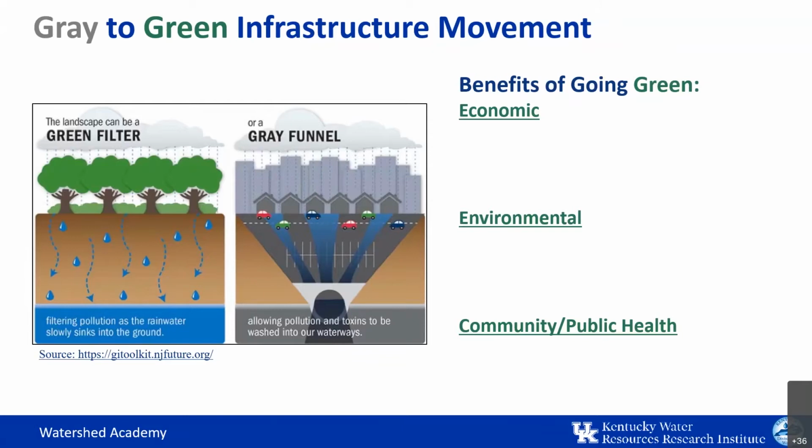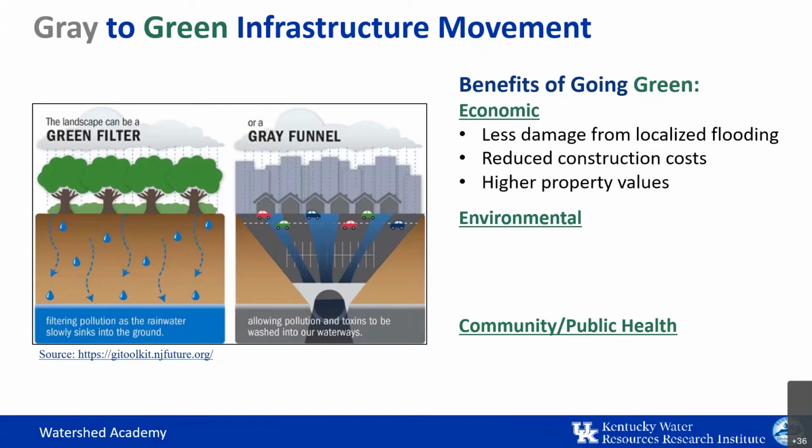Generally, the idea of these is to collect and convey stormwater from impervious surfaces and then direct it to the nearest water body. Whereas green infrastructure is designed to mimic nature, and it captures the rainwater where it falls and attempts to treat it in place, and has various economic, environmental, and community benefits, such as